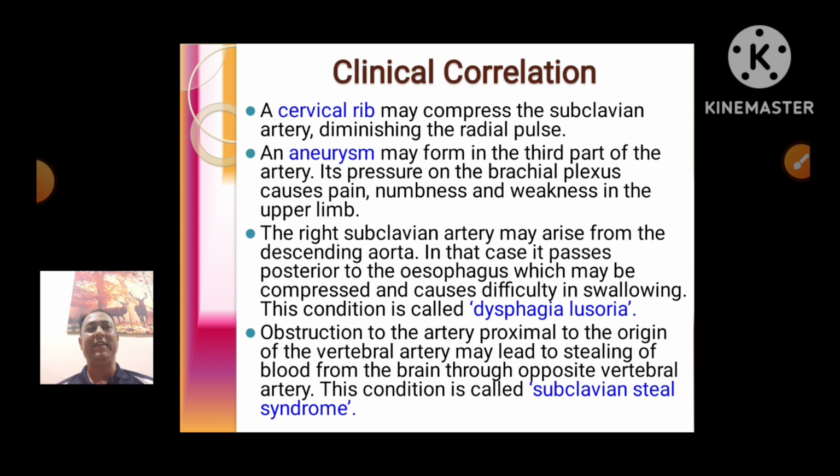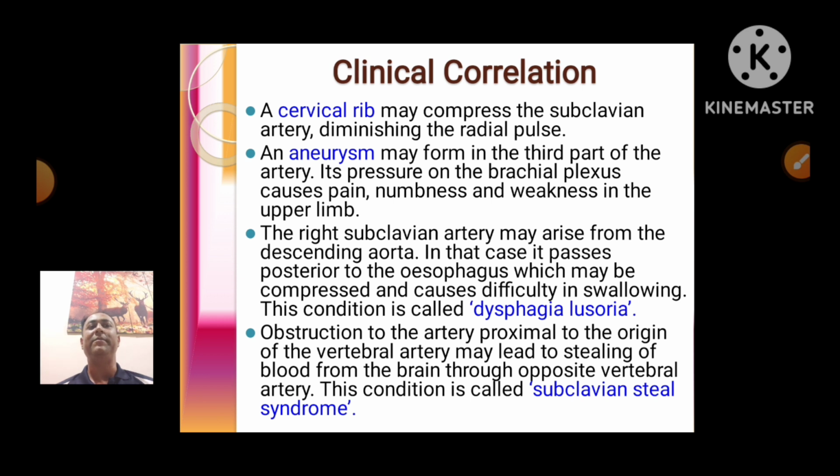तो अगर वहाँ से अराइज होती है, in that case it passes posterior to the esophagus and which may be compressed and causes the difficulty in swallowing. So this condition of difficulty in swallowing because of the compression of the esophagus due to subclavian artery is called dysphagia lusoria. The fourth one is obstruction to the artery proximal to the origin of the vertebral artery may lead